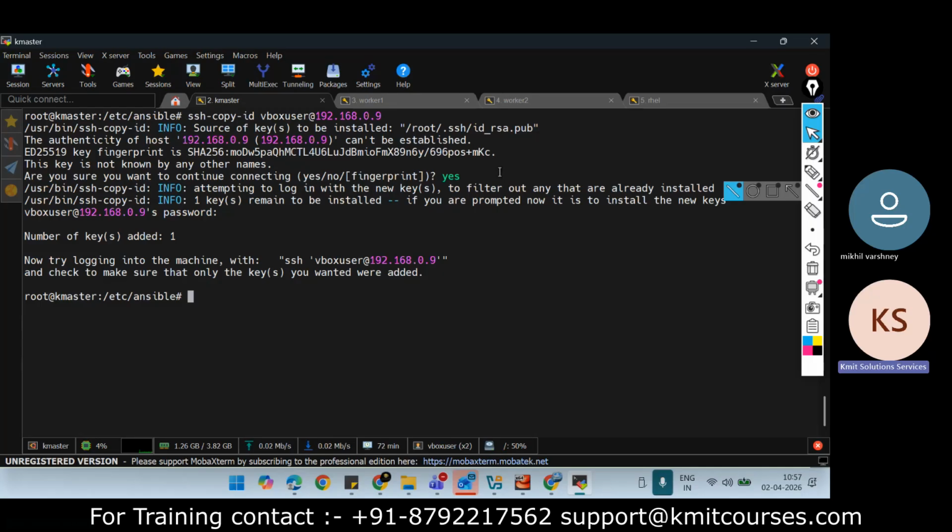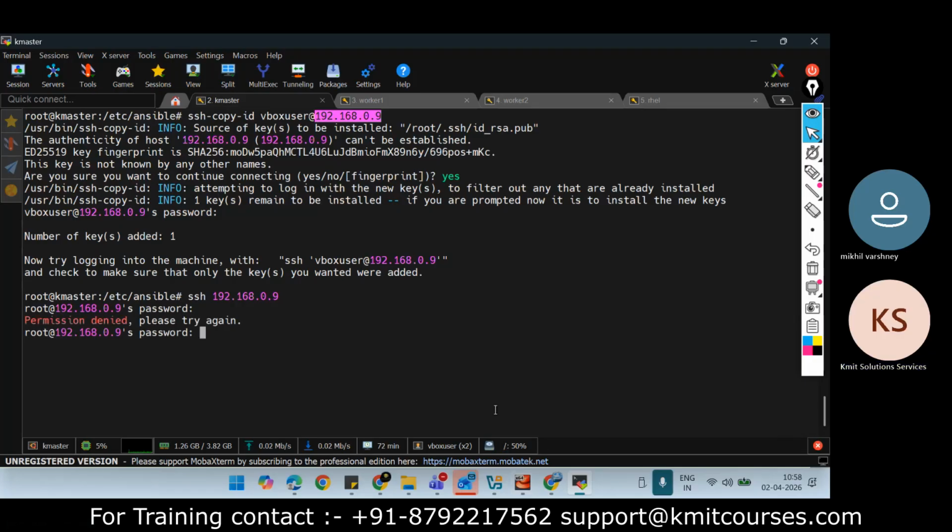Now if I say ssh and this IP address, 192.168.0.9, and enter the password, it is saying permission denied.